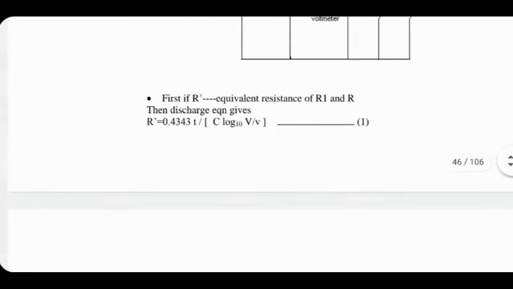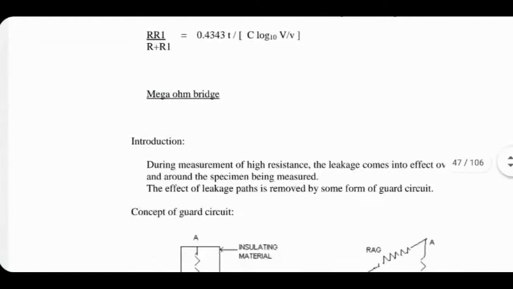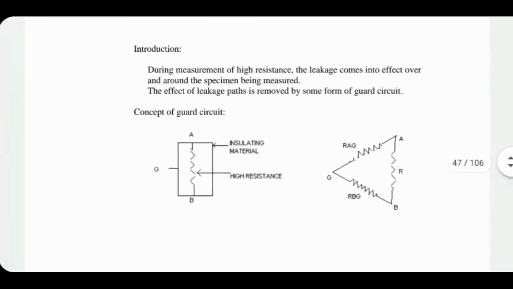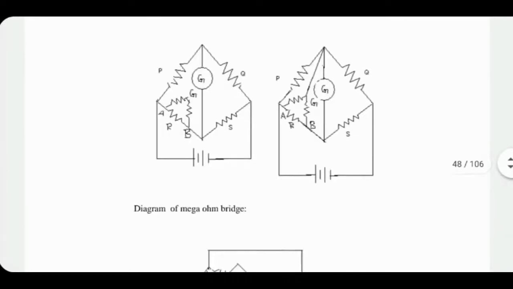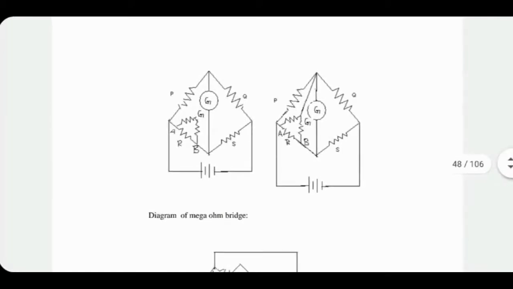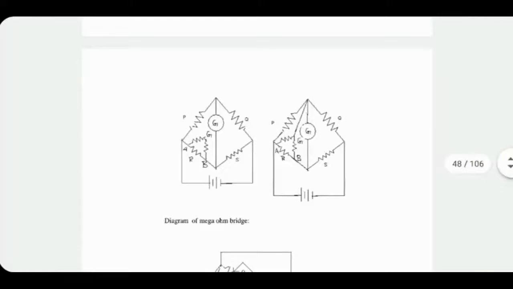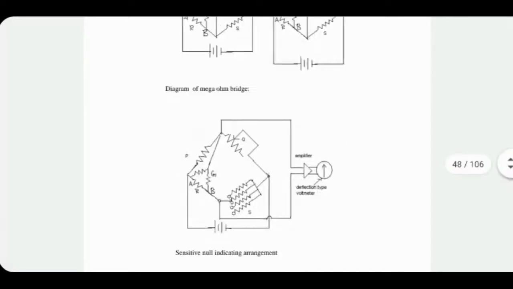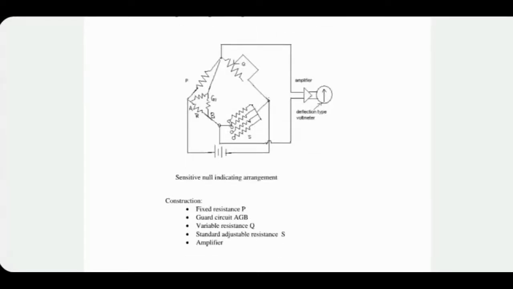The third method is the megohm bridge, which is essentially a triangular configuration of 3 resistors, and it has been proven that the unknown resistor can be calculated. Sorry, it's actually again a Wheatstone bridge, but with some modifications. The megohm bridge essentially is a modification of the Wheatstone bridge by putting some extra resistors in parallel with one of the branches, and in other cases, in the other branches also. There's a lot of theory here.